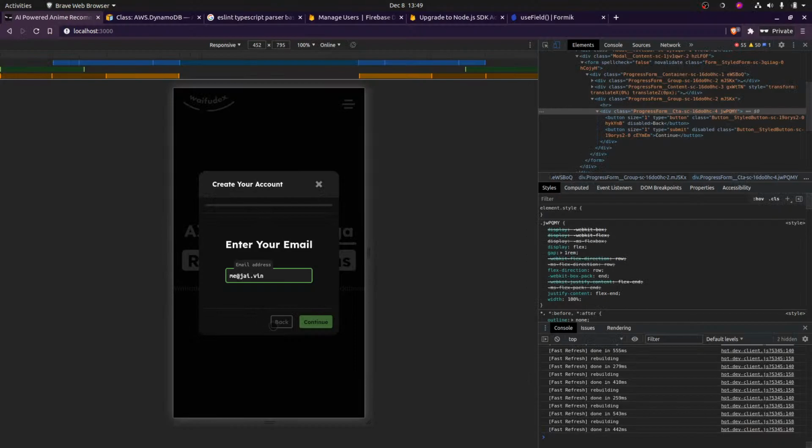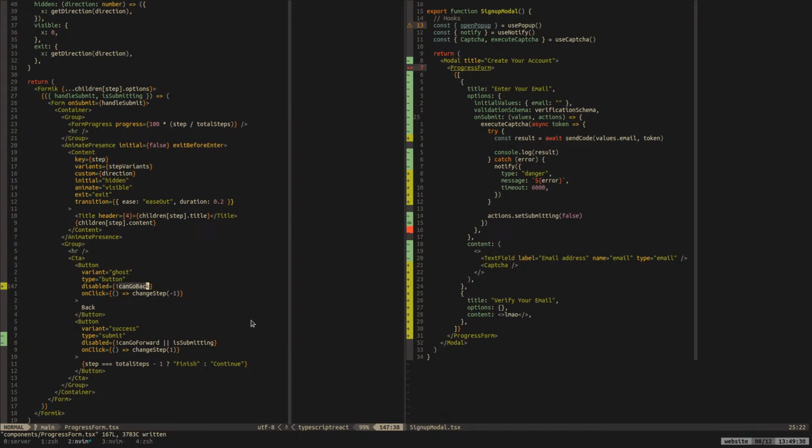So if you can't go back, yeah, it's disabled now, which is good. But I don't think you're ever not going to be able to go back. It's a very small thing that we just did, so it doesn't matter, but ideally the back button would actually just change into a close button if you can't go back. So yeah, that's actually what we should do now instead. Yeah, we should do that, I think.